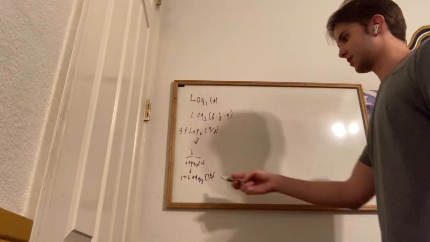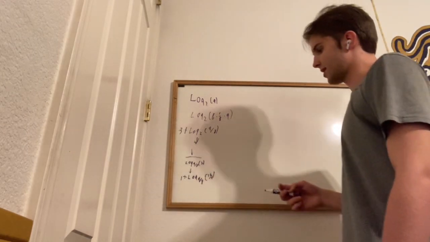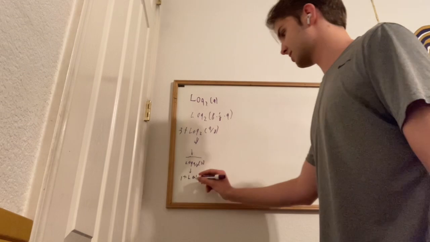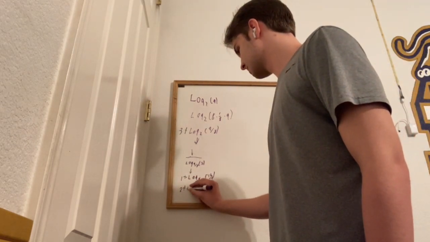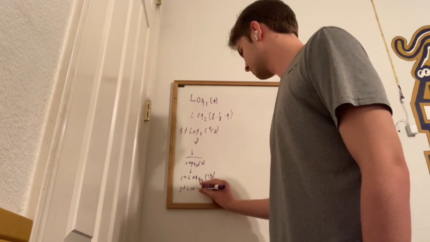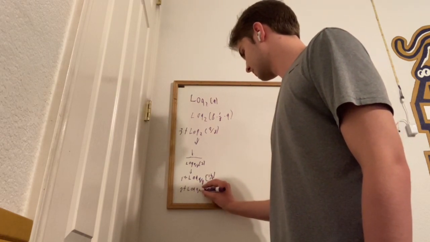And then we're just going to repeat it again. 9 over 8 is going to go into 16 over 9 once, so we're going to make this a 2, plus log base 9 over 8 of